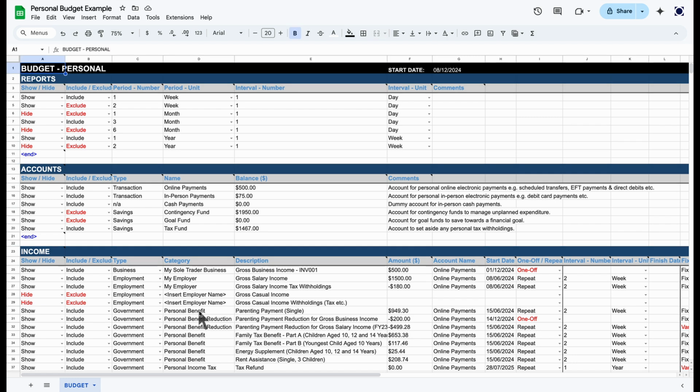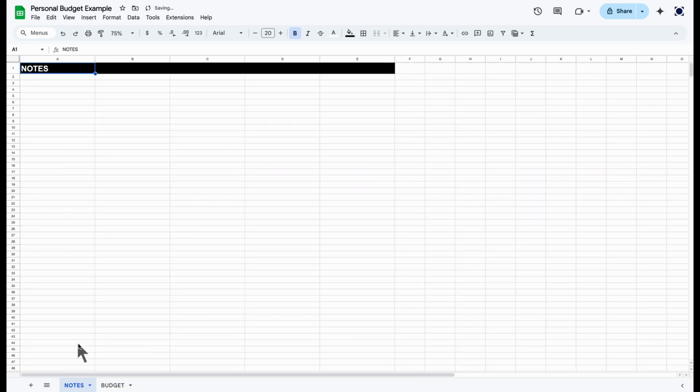To navigate between sheets, clicking the horizontal lines at the bottom left corner will display a list of all the sheets in the spreadsheet. Sheets which are hidden, meaning they're not displayed in a tab at the bottom of the page, are shown in a light grey colour. To show a sheet, you can click on it in the list, and if I click on the notes sheet, you can see it appears with a tab at the bottom of the page.